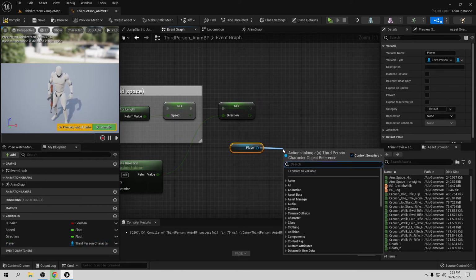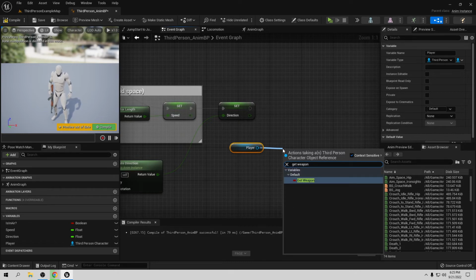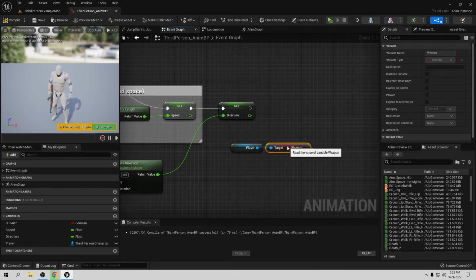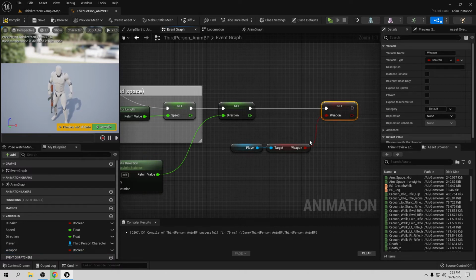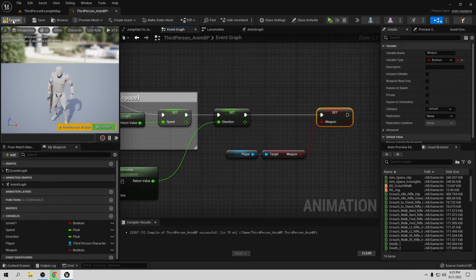From here we want to get weapon, and we need a reference from this one, so we promote this to a variable. Now both of these are the same variable. But if we go play,